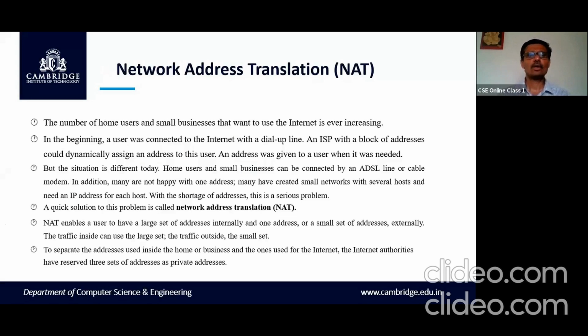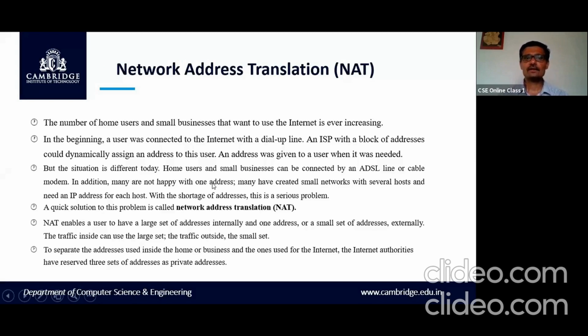Say, in the olden days, they used to connect your telephone line to the modem, and in turn the modem is connected to your computer. So that modem has a unique IP address, and the ISP allotted it. But today's situation is different.